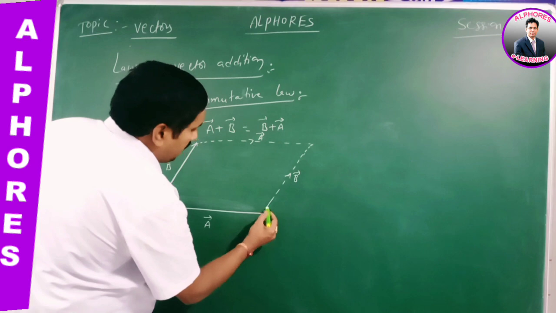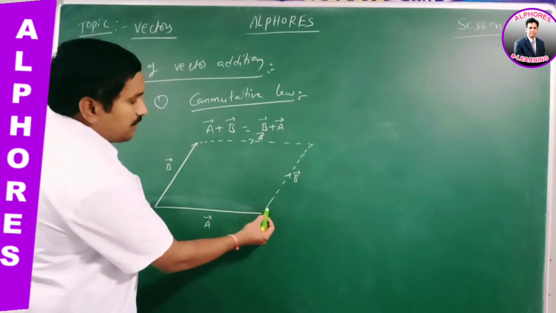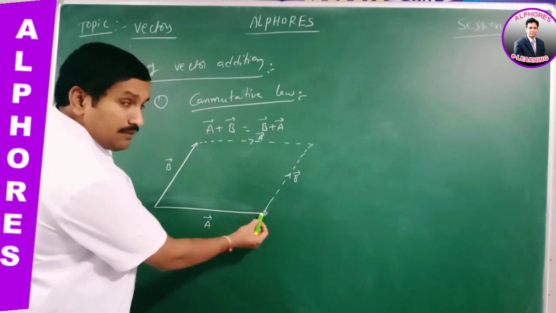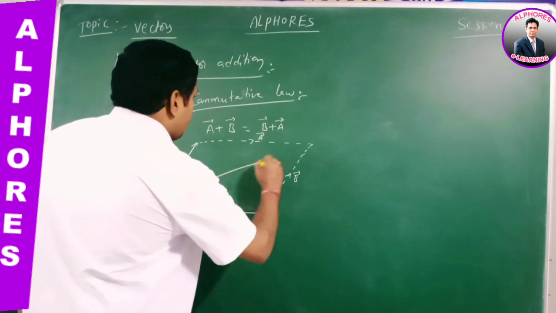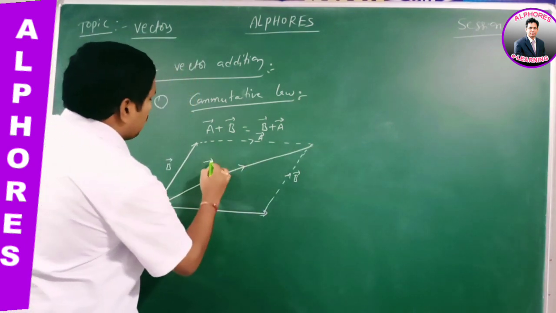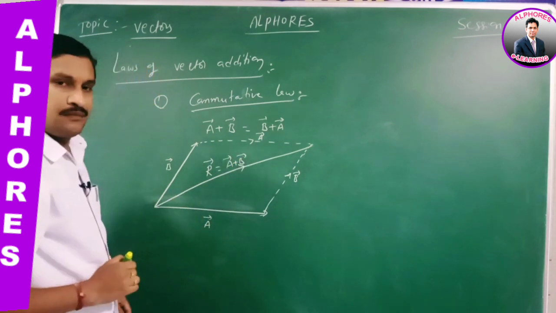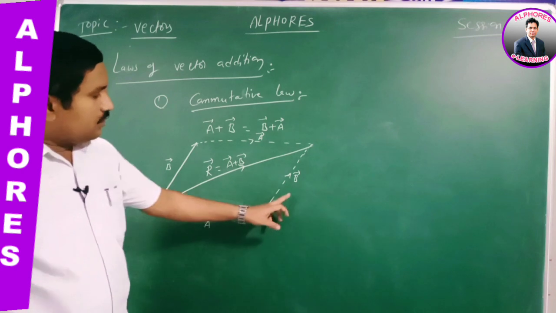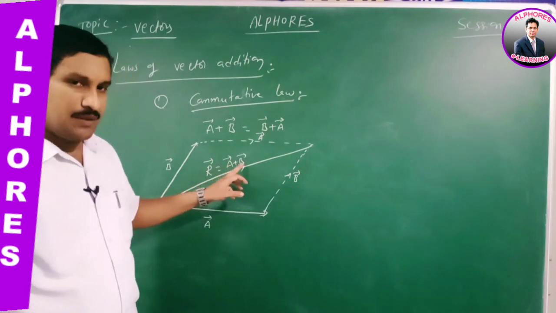As per the geometrical approach for addition of vectors, the tail of the second vector b bar is added to the head of the first vector a bar. What is the resultant of this one? So this is the resultant. That means r bar is equal to a bar plus b bar.